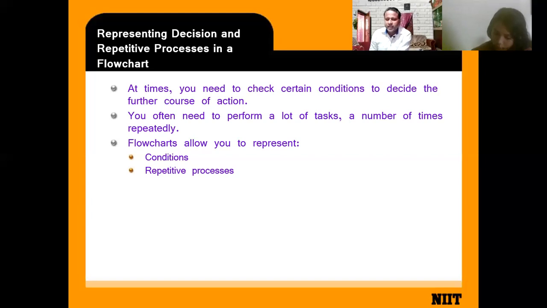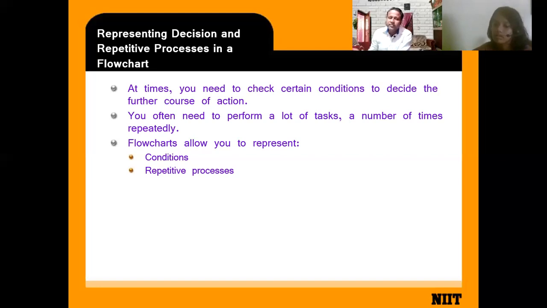Sometimes we have to follow an instruction based upon a condition. Like if you want to delete a file from your mobile, a picture, it asks you, do you want to delete that photo? Yes and no. It asks for your permission. If you give the permission, then your file is deleted.